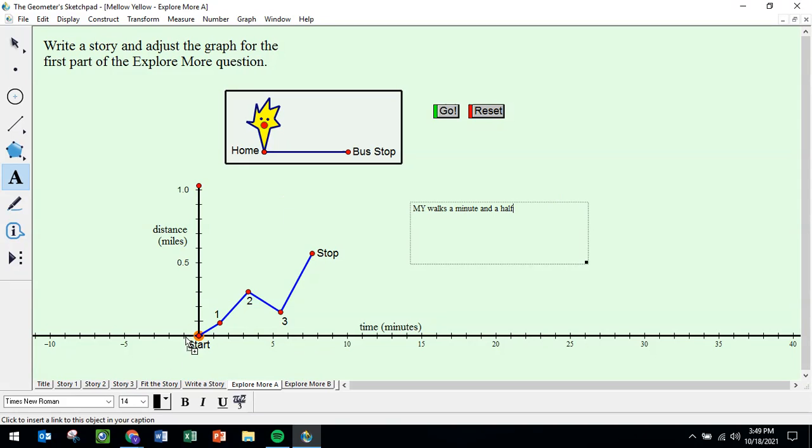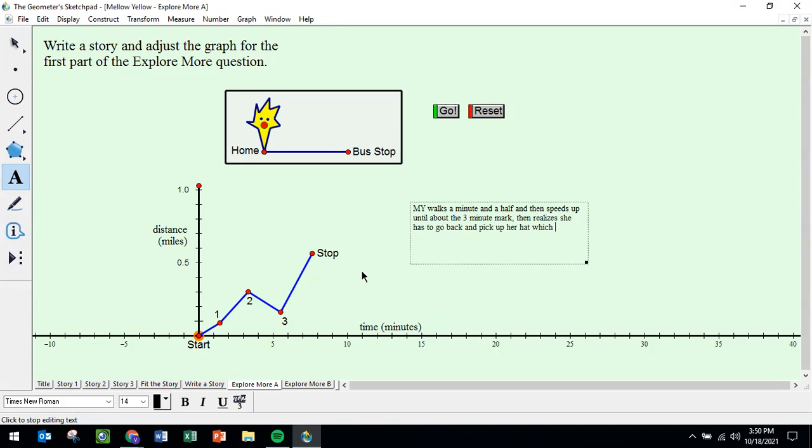And then what happens to that line? Does it get steeper or less steep? And then she speeds up. How long does Mellow Yellow speed up for? Let's see, 1, 2, 3, until about the 3-minute mark. The 3-minute mark. Then she realizes she has to go back and pick up her hat,